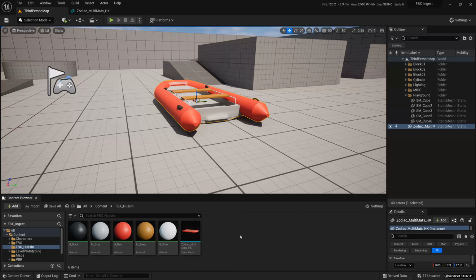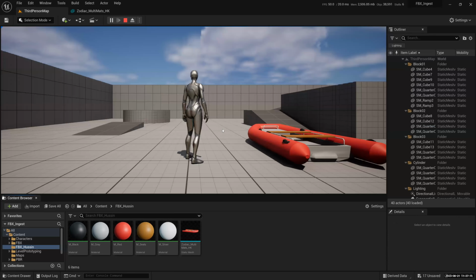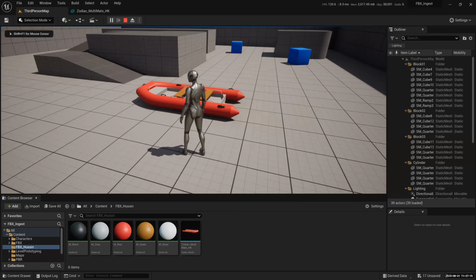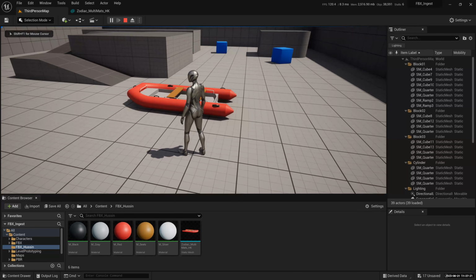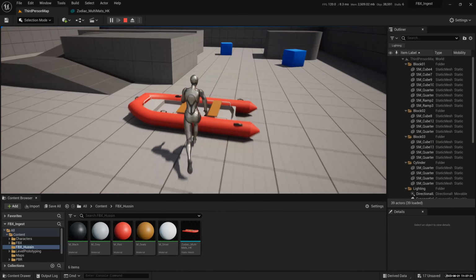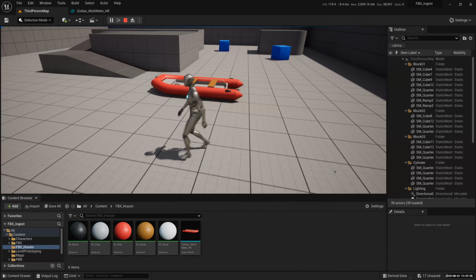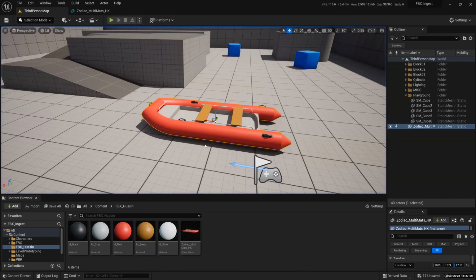For physics, which is exactly what I'm going to do after this. The reason why this boat is not moving when I kick it is because there's no physics in it. So this is exactly what I do. I want to make sure that it has collision, number one. Number two, we enable the physics. Then the boat will move, I can kick it and it goes away. That's exactly what I do. Okay, let's inspect.